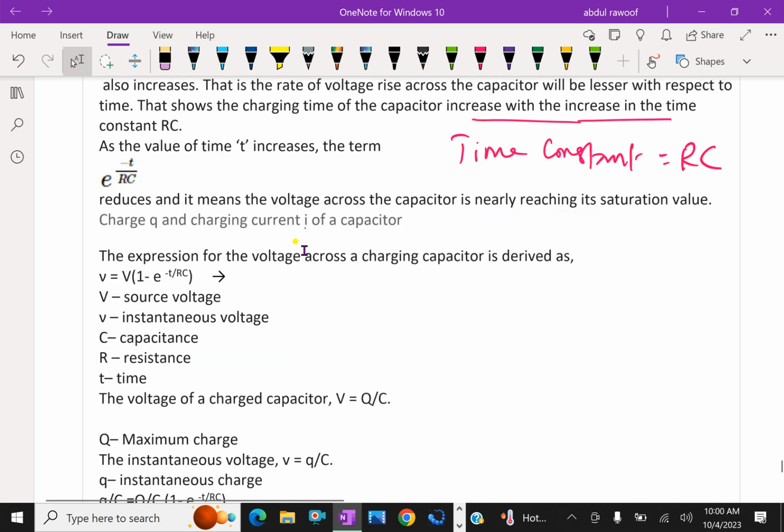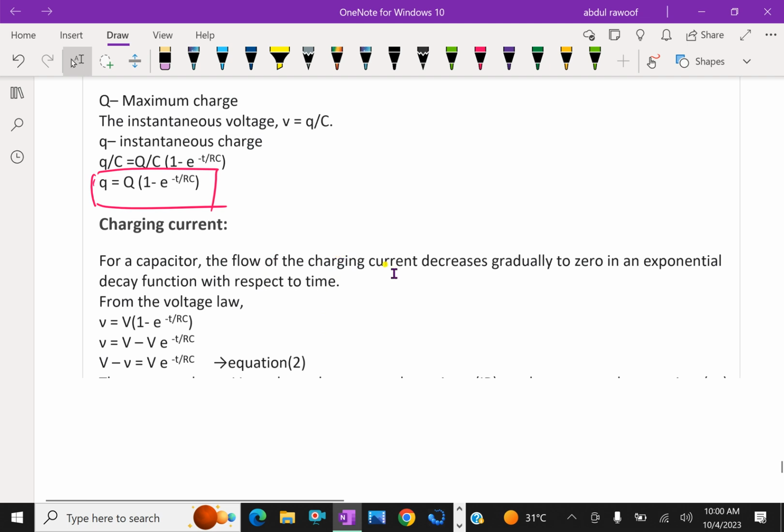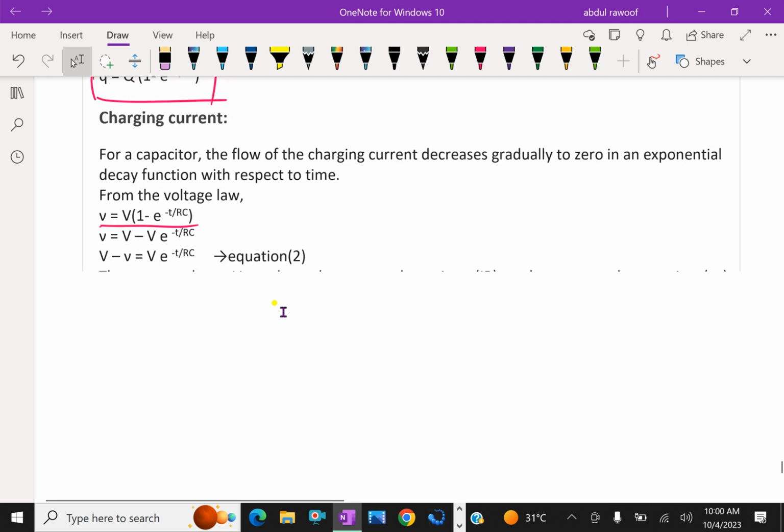Here the time constant is RC and the charge q equal to maximum charge Q into 1 minus e power minus t over RC. Now the charging current. For a capacitor, the charging current decreases gradually to zero in an exponential decay function with respect to time. We know the equation v equal V into 1 minus e power minus t over RC,